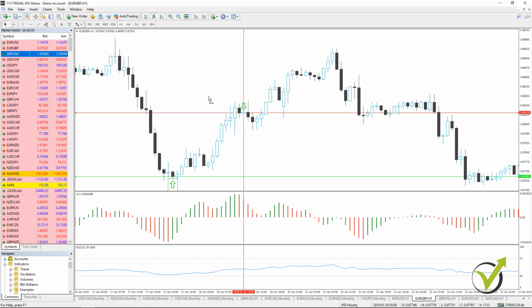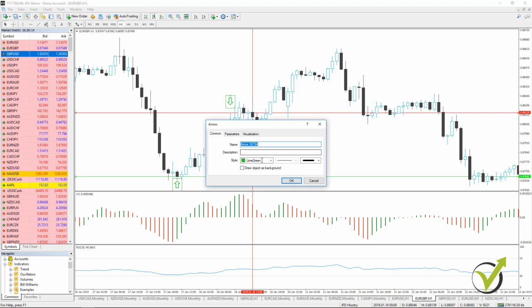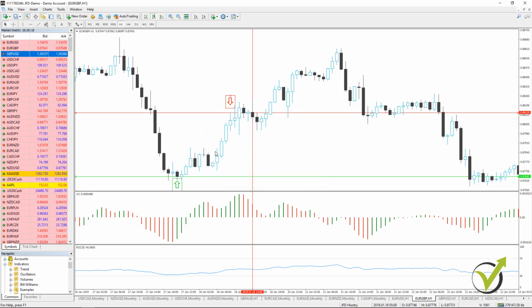All right, and it went just over the line. Let me just move it, guys, because I want to make it red. So I will go to arrow properties and I will make it red. So it will have one green for the long entries and one red for the short entries. Right over here we have it on the opening of this bar, and here we have a short signal. So our take profit will be 52 pips lower.